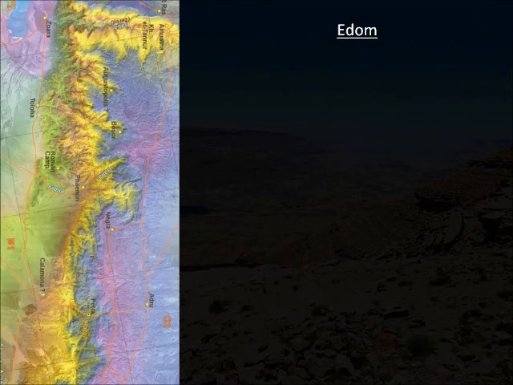I know what you're thinking. Wow, that's a lot of purple. And you ain't kidding. The land of Edom is very, very highly elevated, somewhere between 5,000 and 6,000 feet above sea level. And you also notice there in the western end of the map, we have the 1,000 feet below sea level of the Dead Sea. And so this is a huge contrast, that the land of Edom just towers over the land around it.